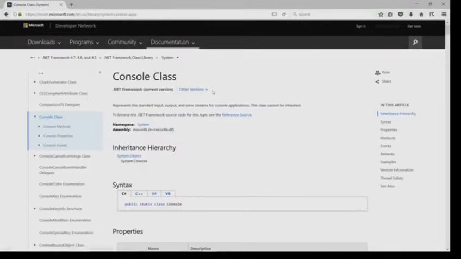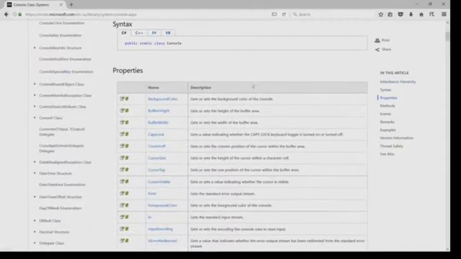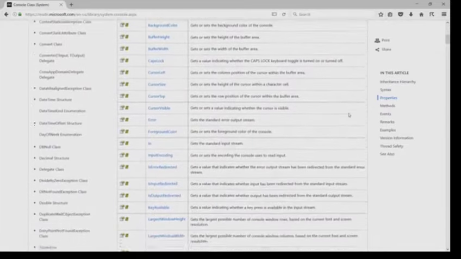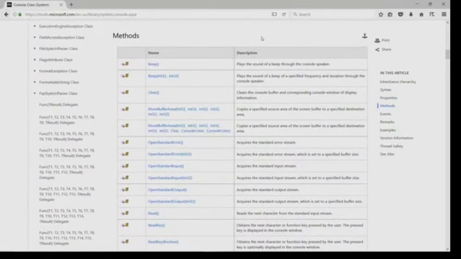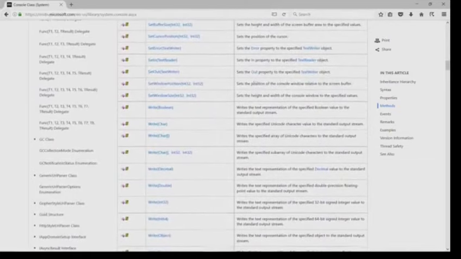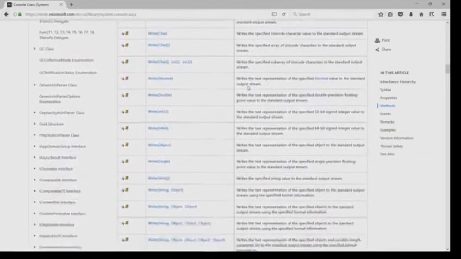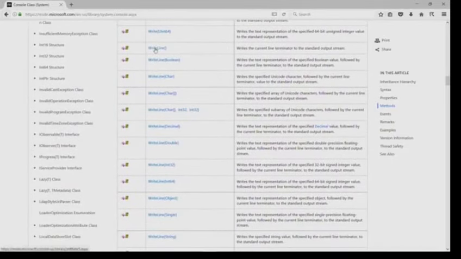And here, for a particular class, we get a number of pieces of information. We get information about properties, and we will talk about properties in detail in the next module. We get information about methods, the methods that we can call on the console class. And so we can make our console beep and so on. But writeLine, it's all alphabetical, so that's good news. But writeLine is down here. And the information that we get tells us both the name of the method and any information we're supposed to provide